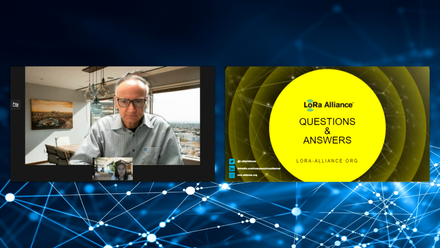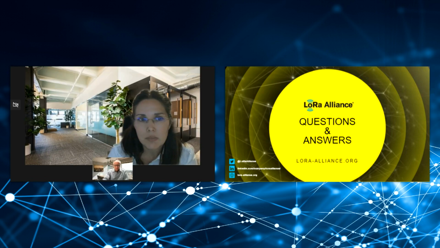Yes, so it is. The special part for Class B is the GPS part, in order to be able to send the beacons and the ping slots. So actually the LCTT requires a gateway with GPS support, or you should be able to connect the GPS to that. And